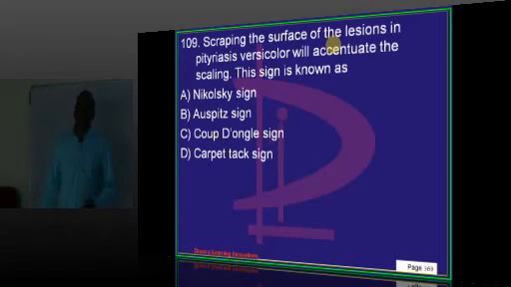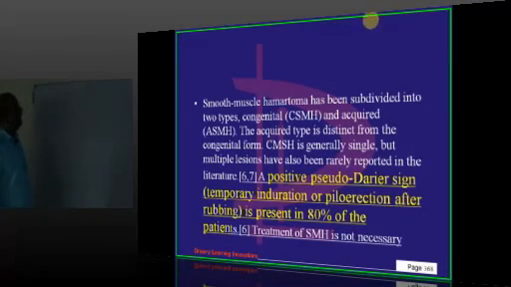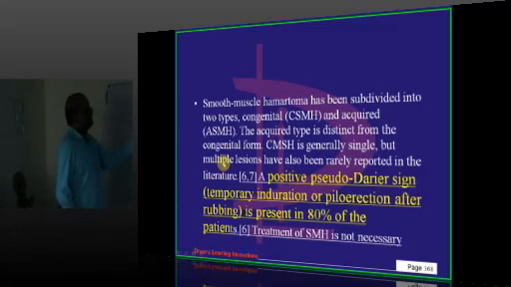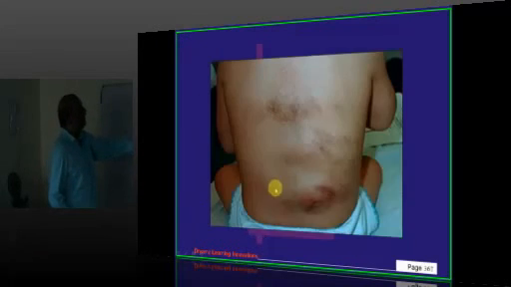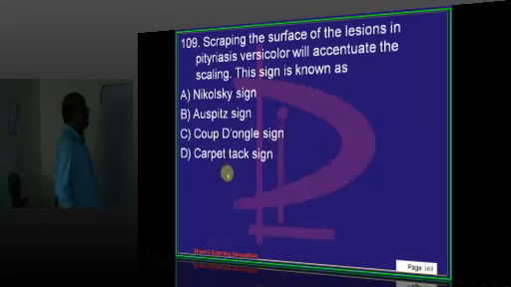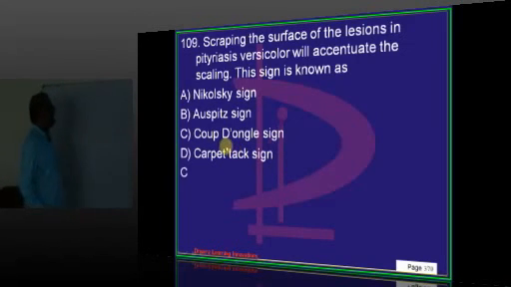Scraping the surface of the lesion in pityriasis. By the way, why it is called pseudodiarrhea? Basically in this, just like diarrhea it occurs, but not because of the urticaria pigmentosa. There is a temporary induration and piloerection after rubbing, if there is an underlying smooth muscle hamartoma. Scraping the lesions is typically called as Coup d'ongle sign or Ongle sign,